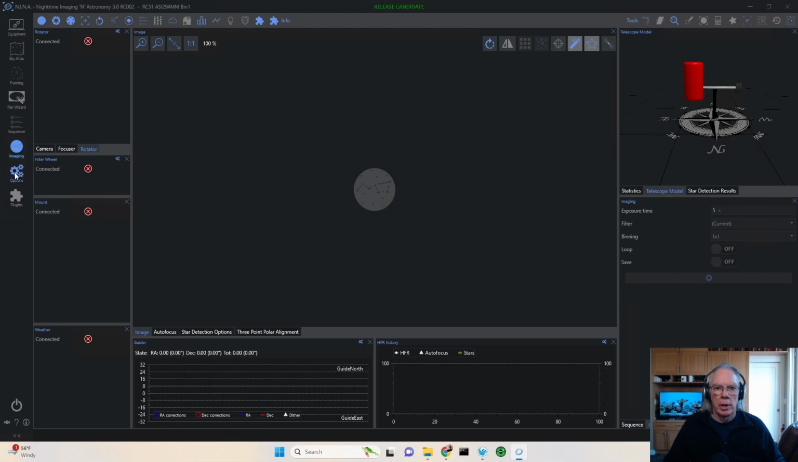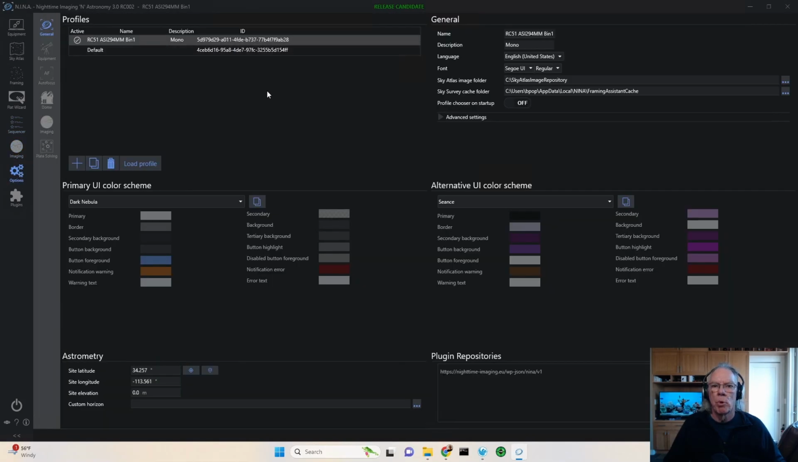But the important thing, and what this tip is about, is we want to make sure that these profiles are backed up, because from time to time you may upgrade the version of N.I.N.A that you're using, and if anything goes wrong, you would like to have backup copies of your profiles at a minimum. You probably want to do the same for your templates and your sequences, and that'll be a separate tip where